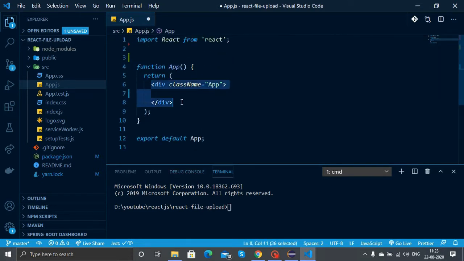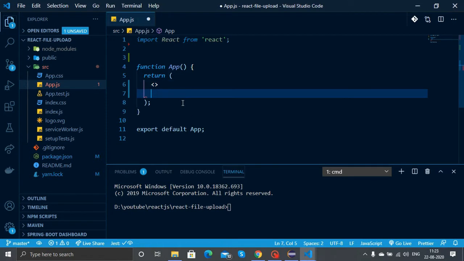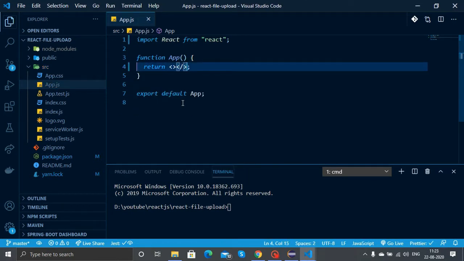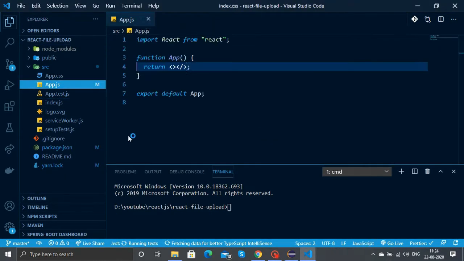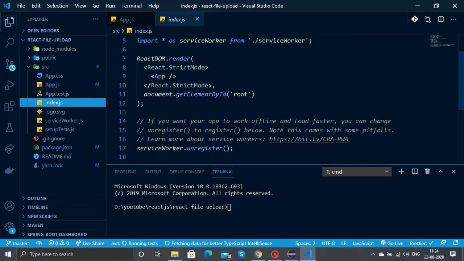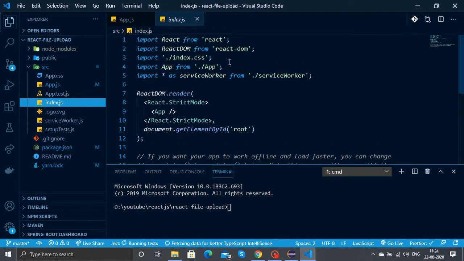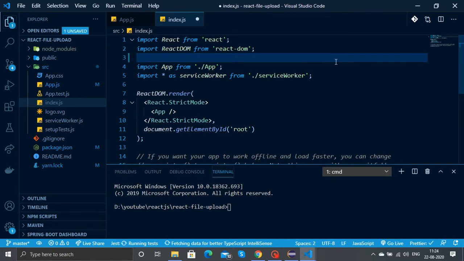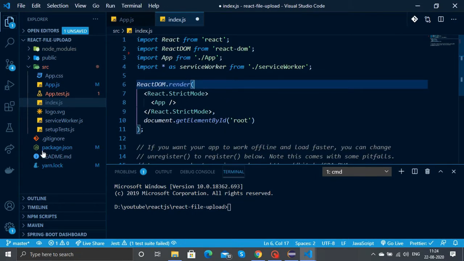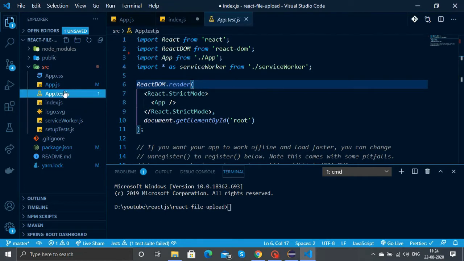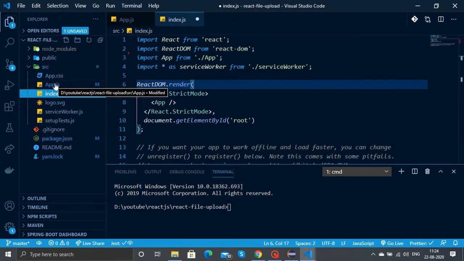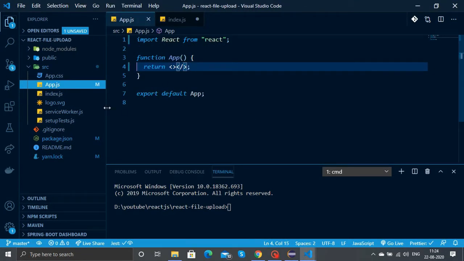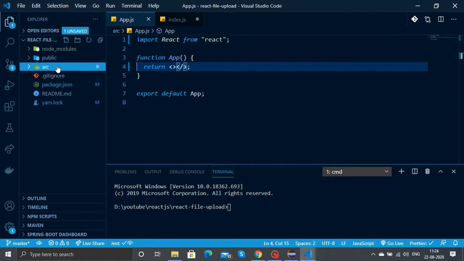Let's also remove the enclosing div, and we'll return an empty fragment. That's all for App.js. Let's go to index.css. We don't need this, so we'll delete it. Let's go into index.js and remove the index.css import. Now let's delete App.test.js. Okay, I think we have covered everything.